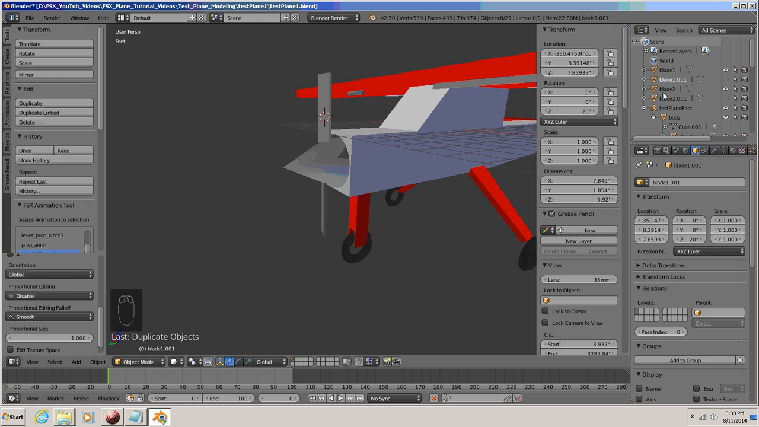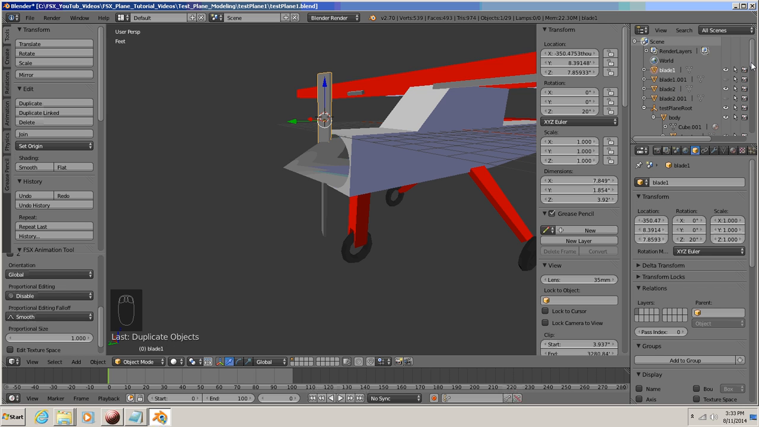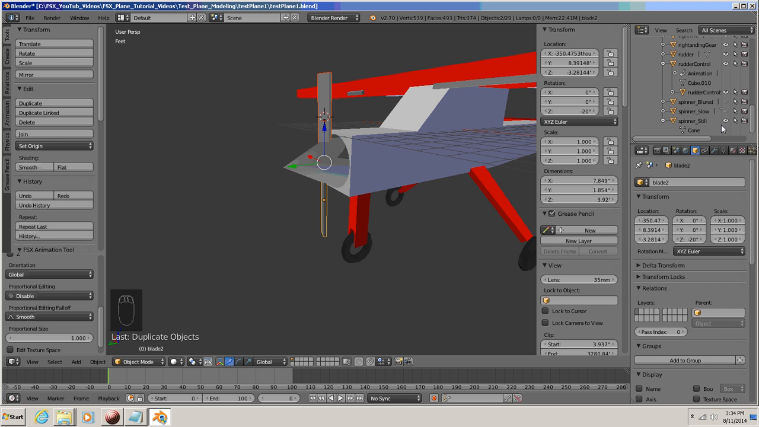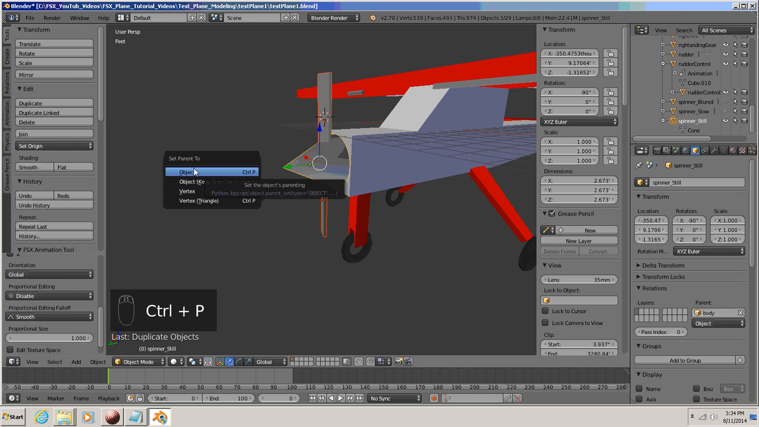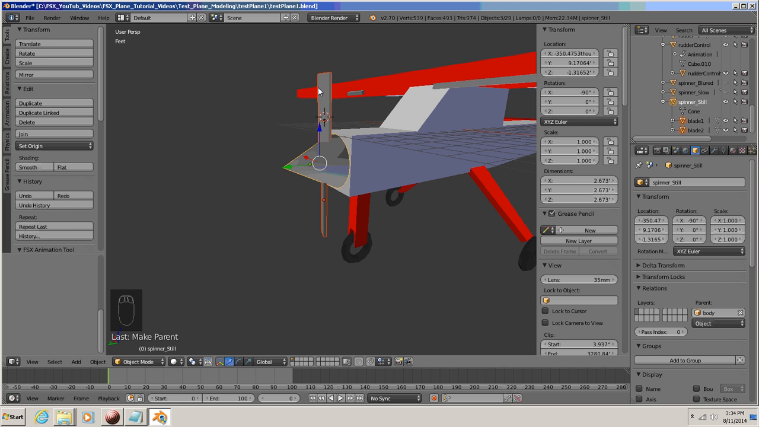Let's click on blade 1. And holding down the shift key, click on blade 2. Scroll down, and with the shift key, select spinner still. Move your mouse pointer back into your 3D workspace, hit Control P, and set parent to object. Okay, so we have this one set up now. And you can see under your spinner still, now you have blade 1 and blade 2 under a sub object